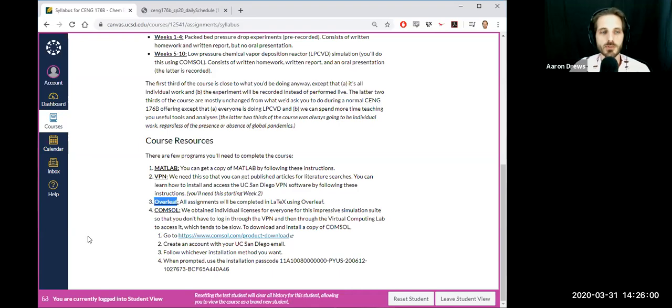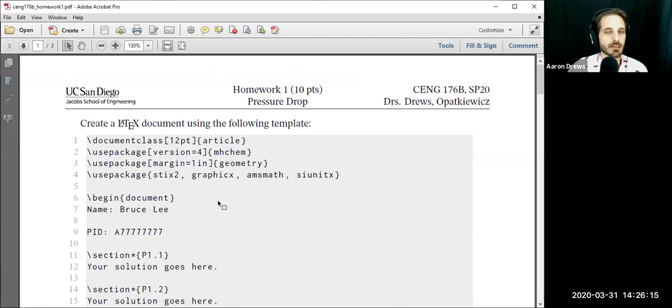For the homeworks, I'll always have a little brief template provided to you on the homework. I know that's not posted on Canvas, but I can share it on my screen right now just to give you a quick overview of what it would look like once you download it. This is what a homework would look like. If you've taken any of my classes where I've posted homeworks before, it probably looks pretty similar because I've got a LaTeX template for it.